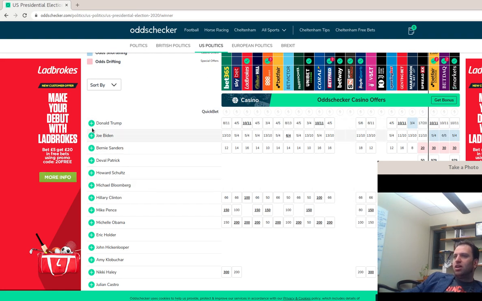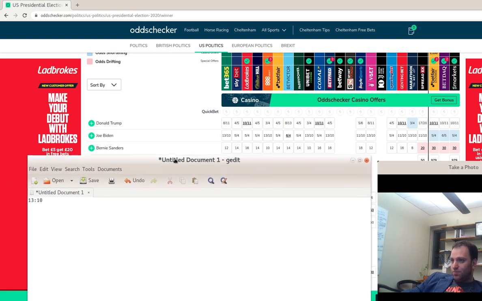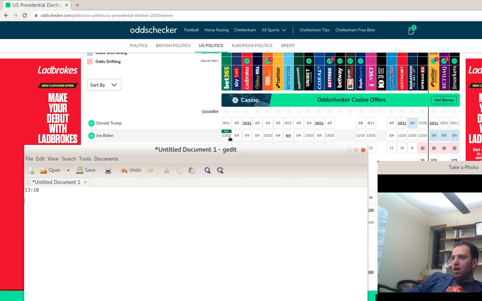So the odds are technically the odds against Donald Trump winning. The terms of the bet here, for example for Joe Biden, are the odds against Joe Biden. The terms are you pay 10 and you get $13 if you are right and Joe Biden wins, and you get your 10 back. You lose $10 if Joe Biden does not win.